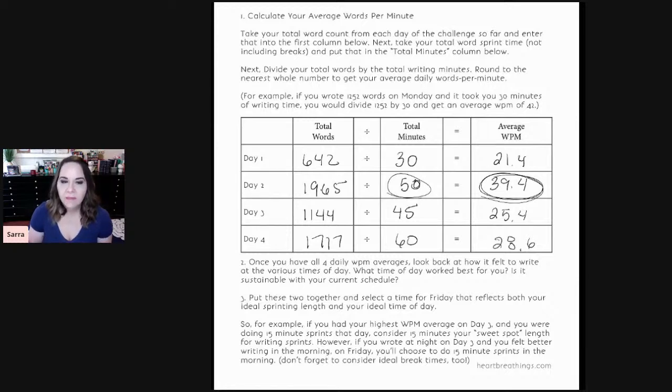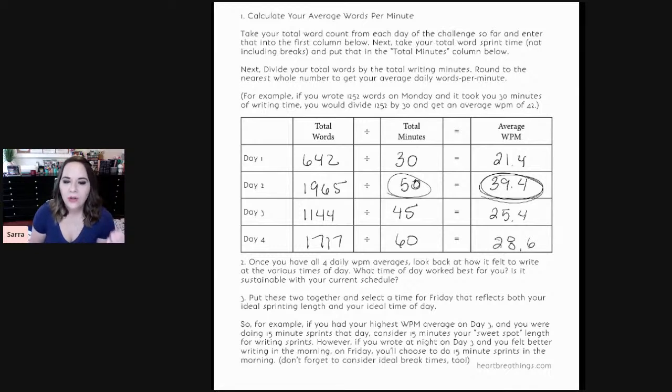And in fact, if you look at what I was doing, day 4 was 30-minute sprints. Day 2 was 25-minute sprints, but I had a much higher average words per minute. So what you will start to see is, instead of just looking at total word count, 1965 or 1700,